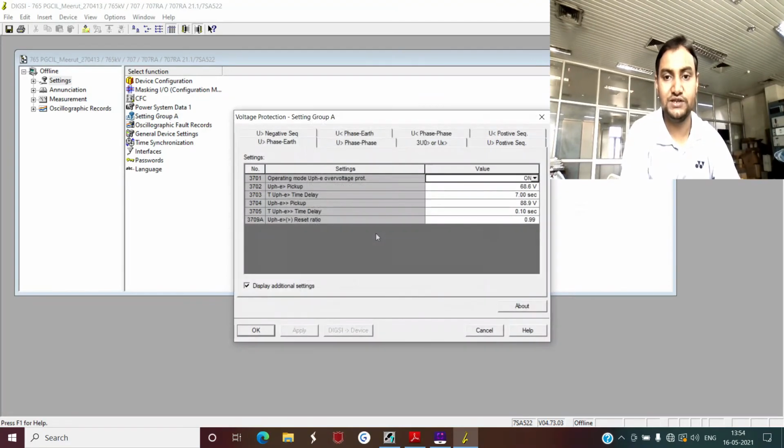Now voltage protection, this is a very simple type of protection. For overvoltage protection, these settings are also provided to you by the utility, and to the utility these settings are provided by the network operator on the basis of their study of the grid conditions, that is how much maximum voltage they can tolerate on the system.